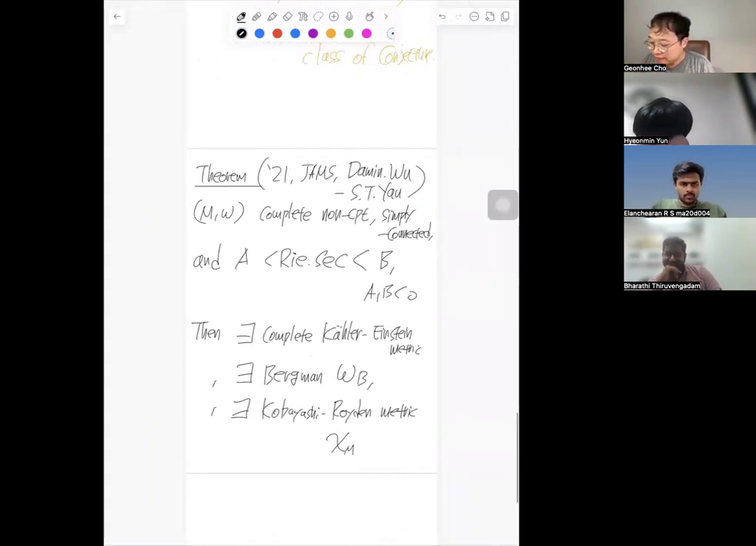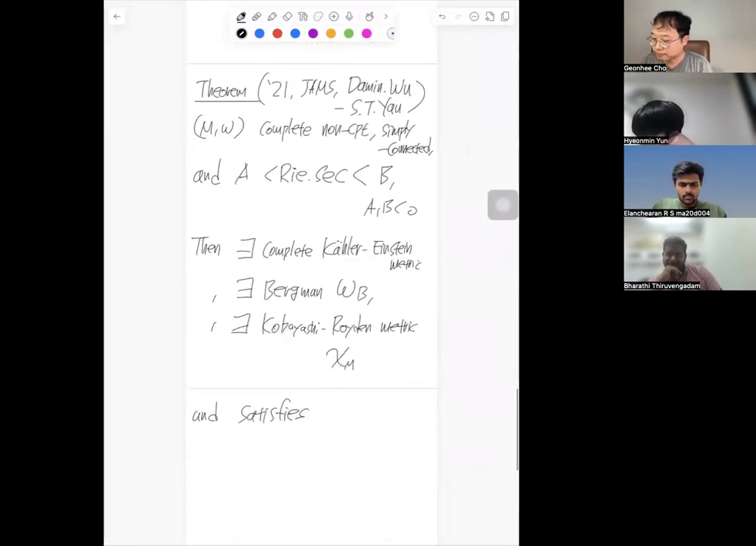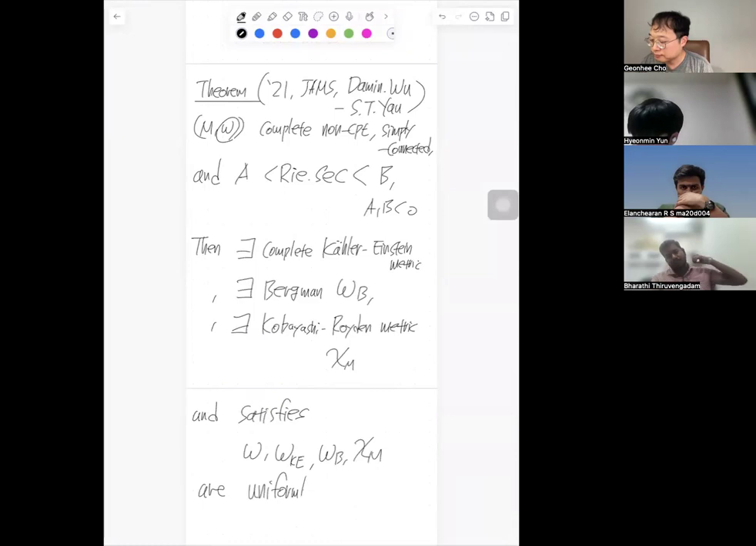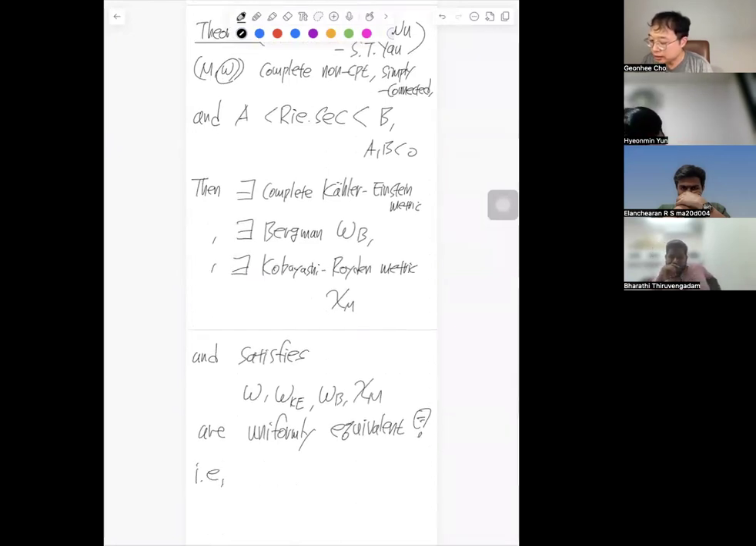So such that they satisfy omega, this reference Kähler metric, omega sub KE, omega sub B, chi sub M are uniformly equivalent. And this means, i.e., there exists a constant depending only on the curvature range and the dimension, such that